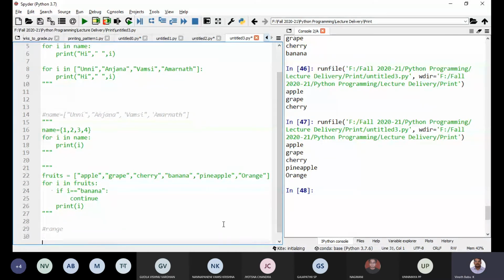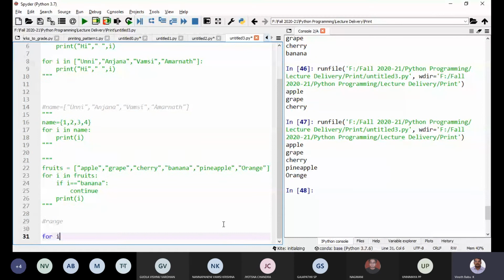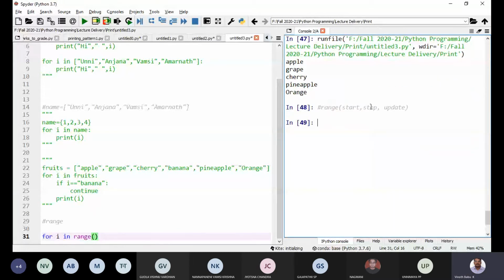For i in range, see, this range actually needs, at minimum, one argument, but it can take a start index, then a stop index, then an update, an increment or decrement. Just with the stop index alone it can work. The start index and update are optional.